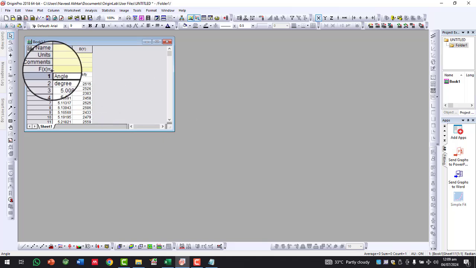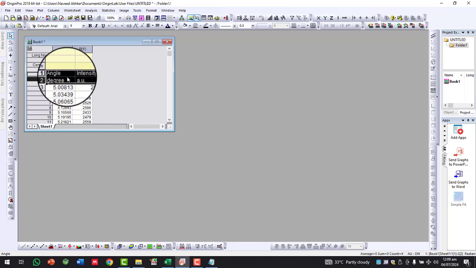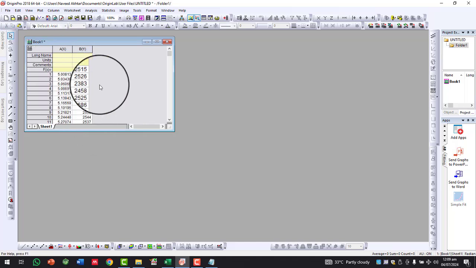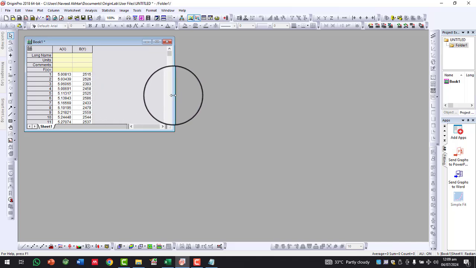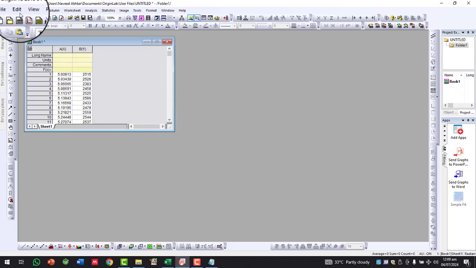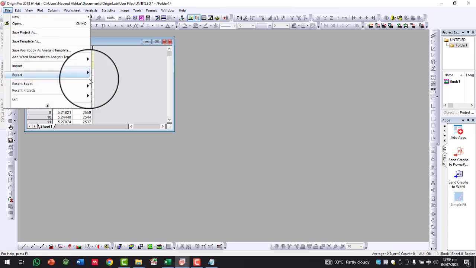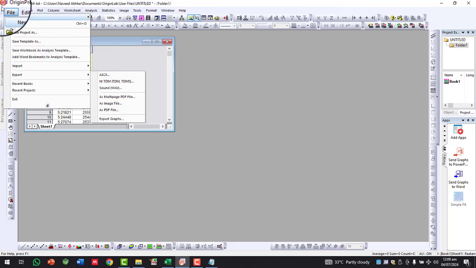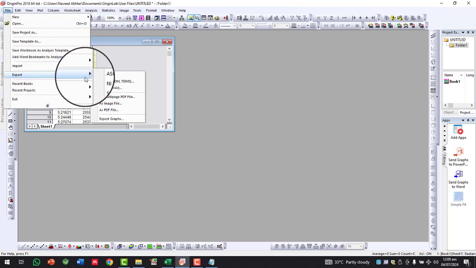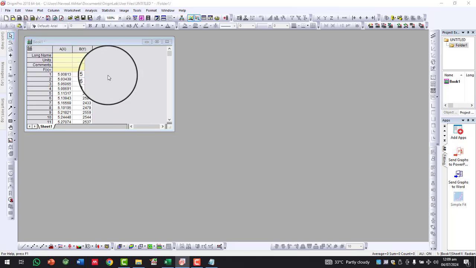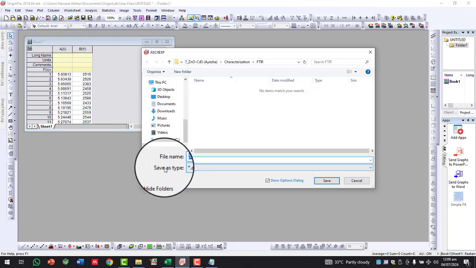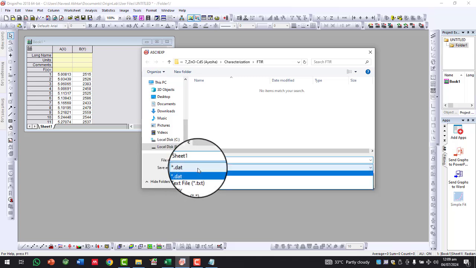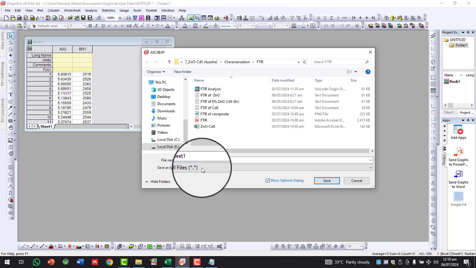Now set it here, or simply delete the extra rows from here. So I have pasted the data here. Now I will export this data, or these columns, into ASCII files. For this I will select File, then go to Export, and then select ASCII. As I have selected ASCII, here I will choose the type of the file or the data. So I will select all files, and then